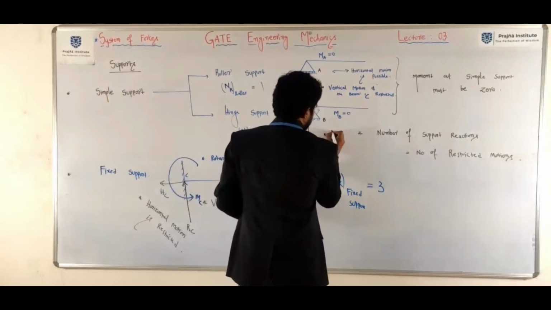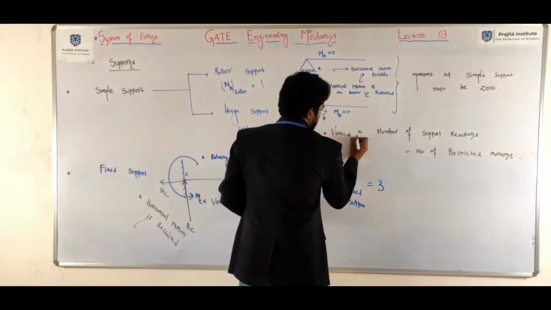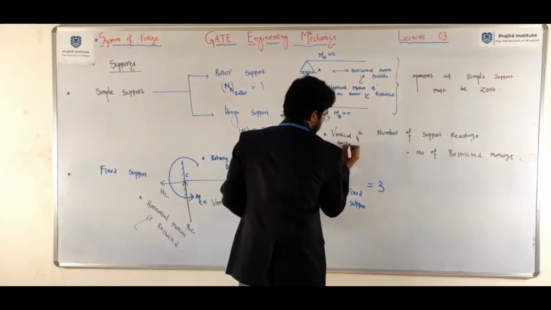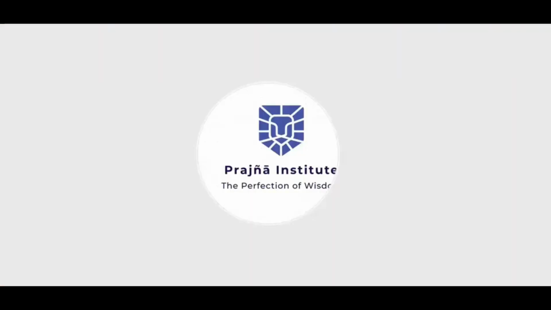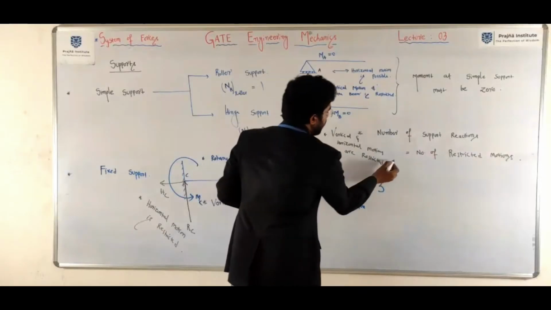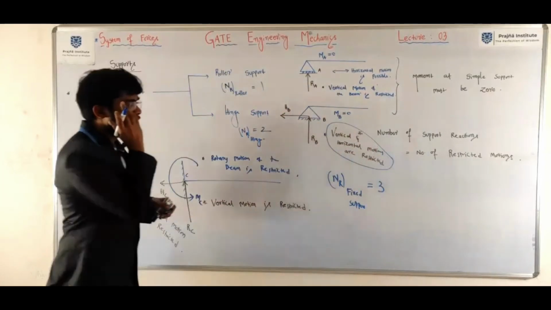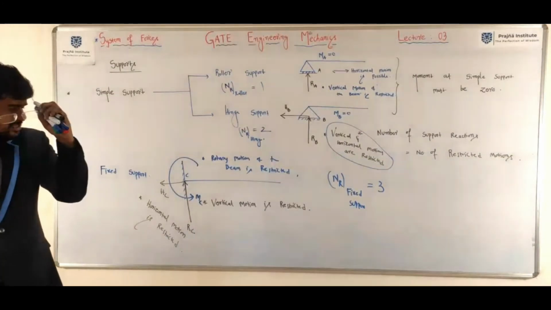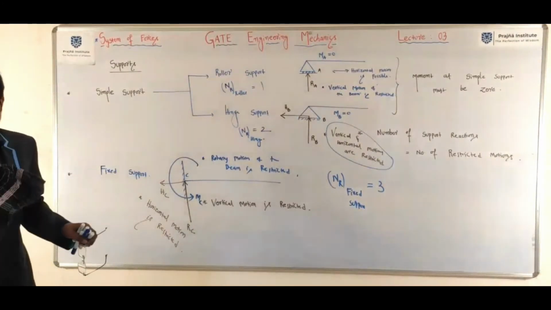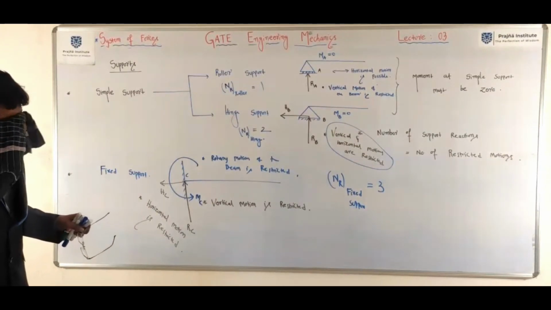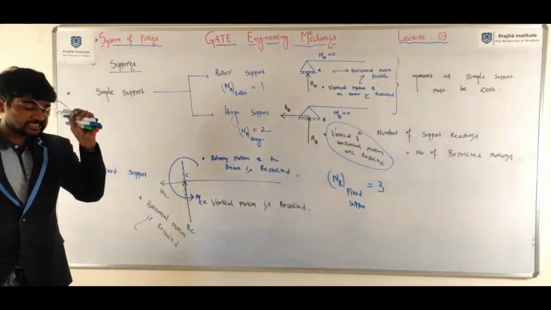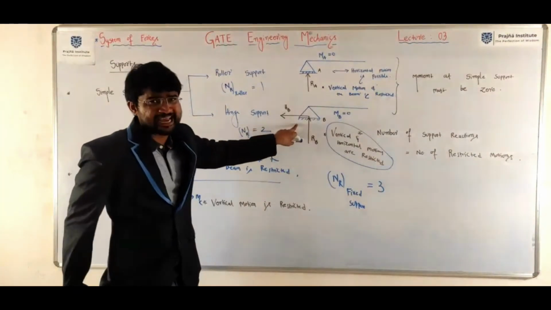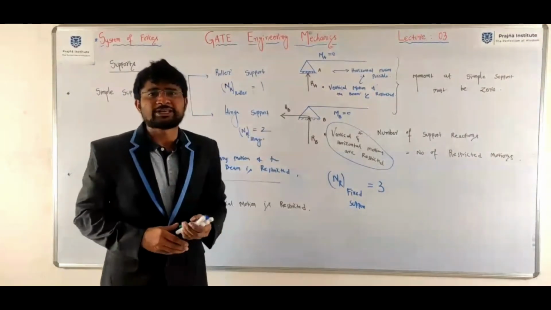Here vertical and horizontal motions are restricted. Okay? This is the concept actually. Y1, Y2. So it will be useful while drawing free body diagram for the beams and trusses. Okay? So once you see a fixed beam, you can immediately draw 3 support reactions. For hinge support, 2 support reactions. For roller support, 1 support reaction.